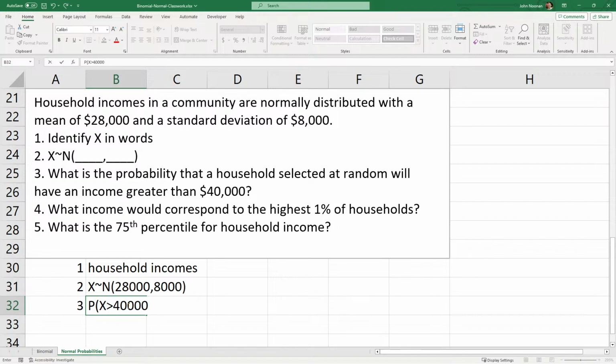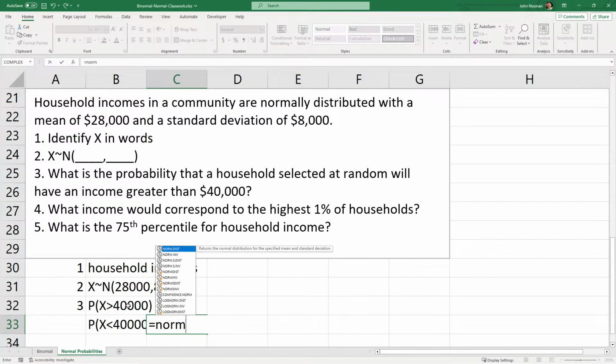Very nice. And so that's going to be the 100% minus thing. So the way we're going to do this is we'll do this. X is less than 40,000. And that's going to equal norm.dist of 40,000. Make sure you get the right number of zeros and spell. Apparently I'm having trouble with norm.dist of 40,000